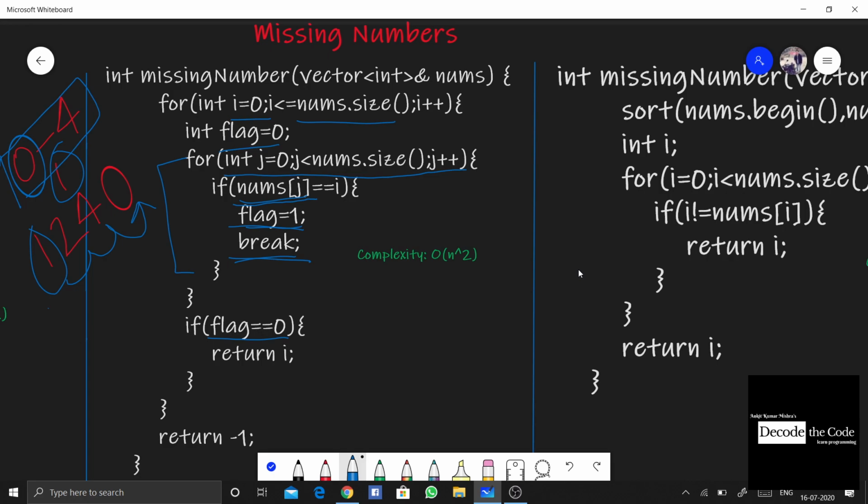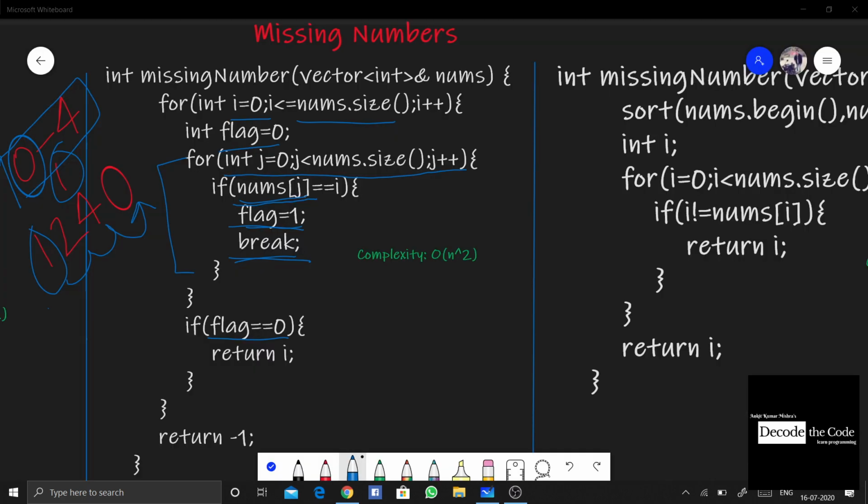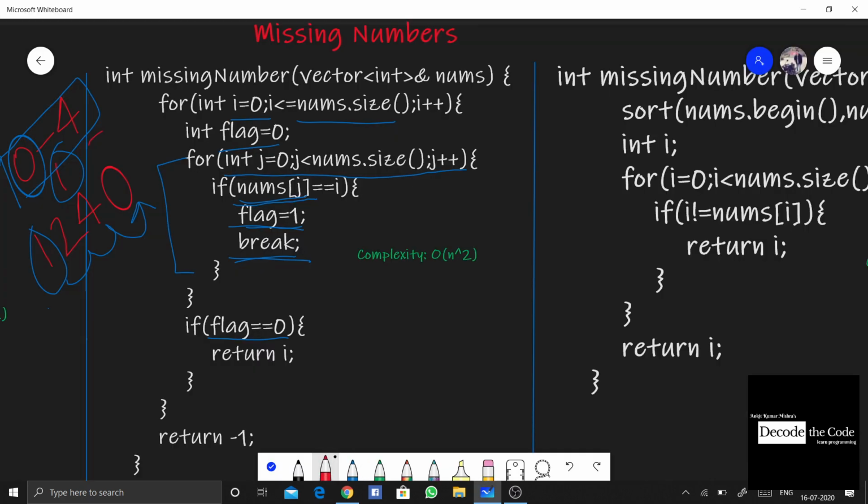And then we check, is the flag value 0? No, it was again altered, so we are not going to return anything. Then we are going to check for the next number, that is in this case 2. Again, as you can see, 2 will be found at the second index, so the same thing will happen.